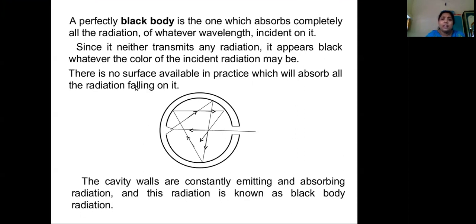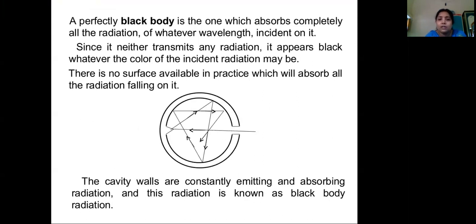So here is an example, or I could say a block diagram of a black body. It is a spherical black body with two walls. The inner walls are coated with lamp black, which is 95 to 98% absorbent of radiation. That means it absorbs 95 to 98% of the radiation and reflects the rest.